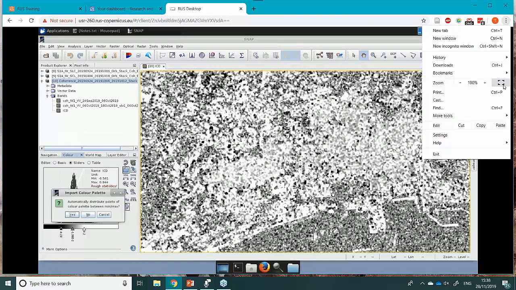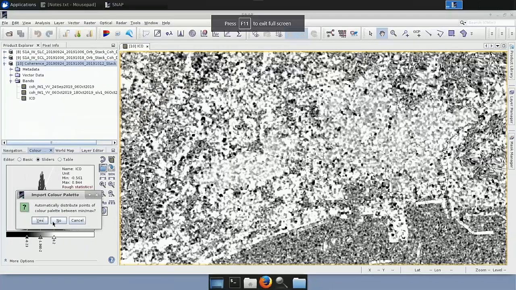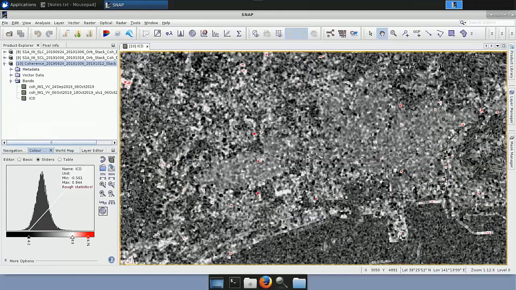Let me put on full screen, okay. Then we do not want to stretch, we want to use the palette that I created. And now we can see, so this is the main part of the coherence, sort of randomly around 0. There will be a lot of random values in this as well. And then we want to choose the significant